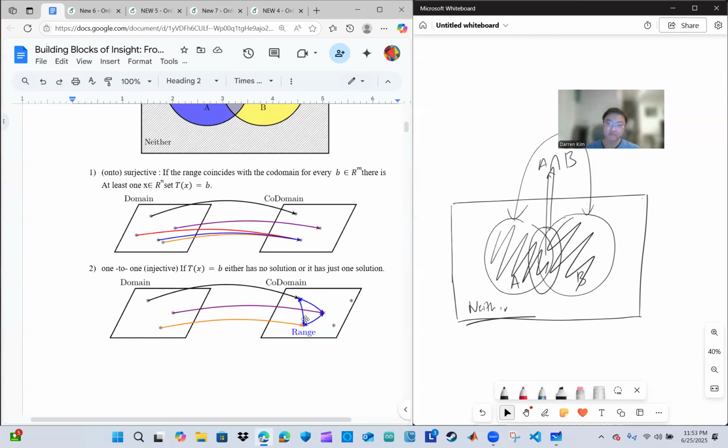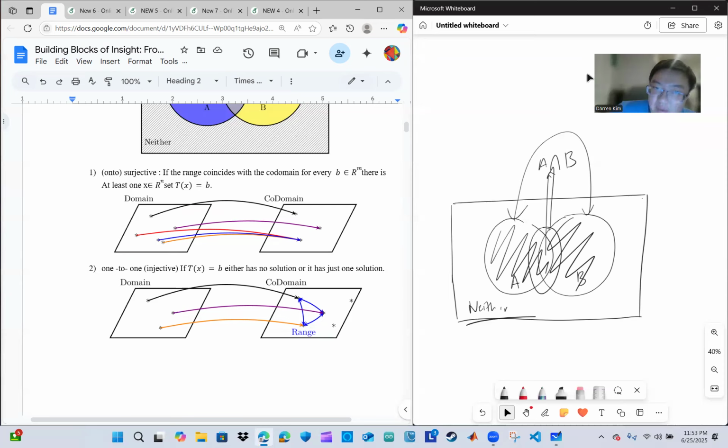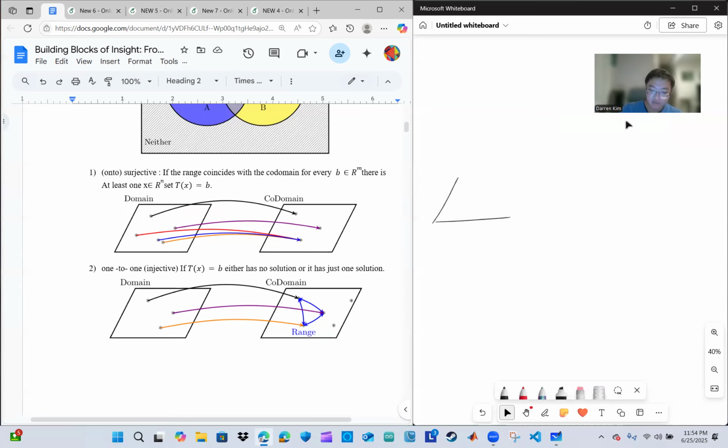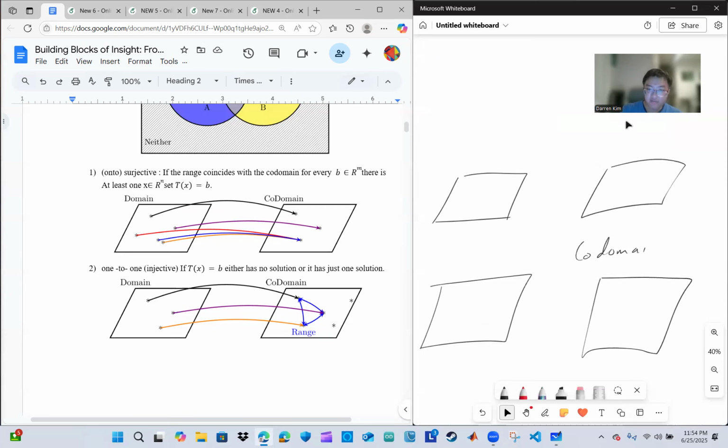Now, if you know anything about it, I'll explain it later. This was a real pain to write in Overleaf, honestly, but I eventually got it to work, which is shocking. So if you have a codomain like this and a domain, I like this picture I made because it visually shows you what the range is effectively. When you have some numbers over here, I should probably explain that